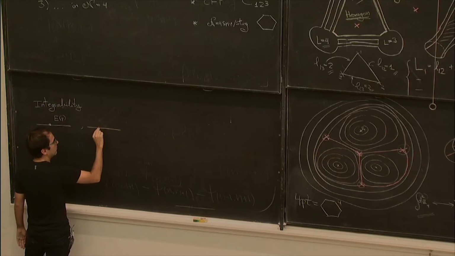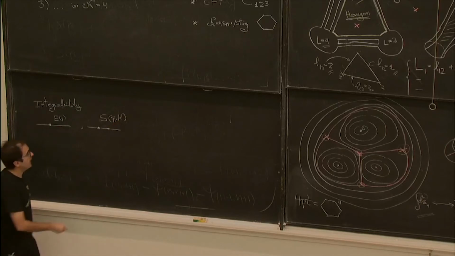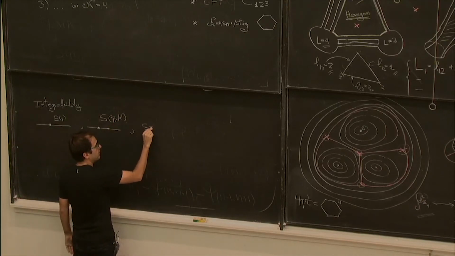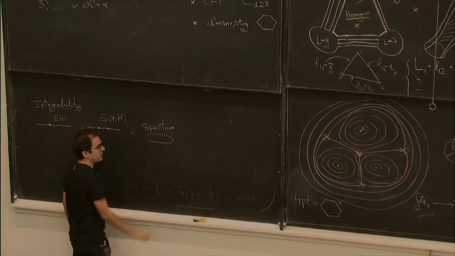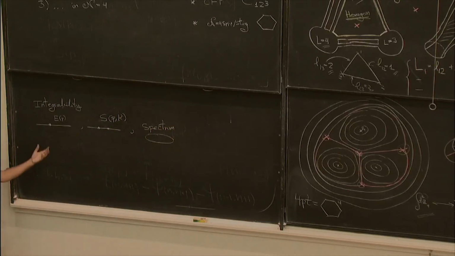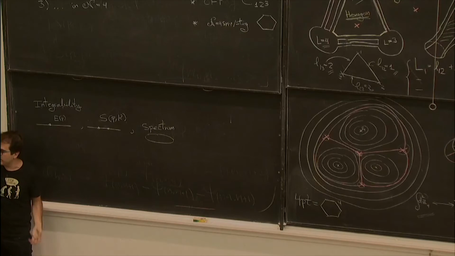Then you study two particles and you learn what's the S matrix of two particles. Then you take these two objects and you obtain things like the spectrum, for example, in some finite volume. Okay? Because you know how to put particles in finite volume. They just move around and they scatter with the other guys,